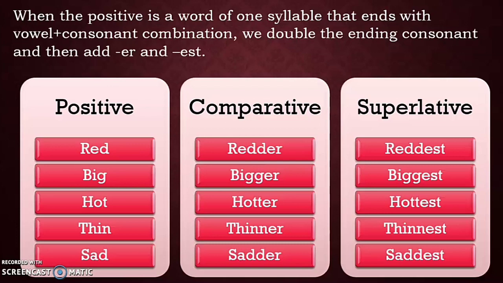but it is preceded by a vowel letter, that is E. So if a vowel is followed by a consonant, then in comparative degree, the D, that is the consonant, will be repeated, hence double D, followed by ER. Similarly, in superlative degree, the D is repeated, followed by EST. Similar examples, big, bigger, biggest, hot, hotter, hottest, thin, thinner, thinnest, sad, sadder, saddest.